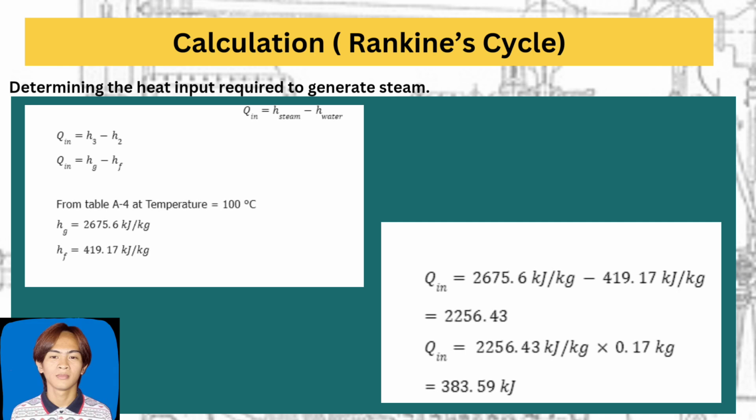By referring to table A4 at a temperature of 100 degrees, the enthalpy of gas is equal to 2675.6 kJ/kg, while the enthalpy of fluid is 490.4 kJ/kg. So we substitute the values into the formula and we will get 2675.6 minus 490.17, and we will get